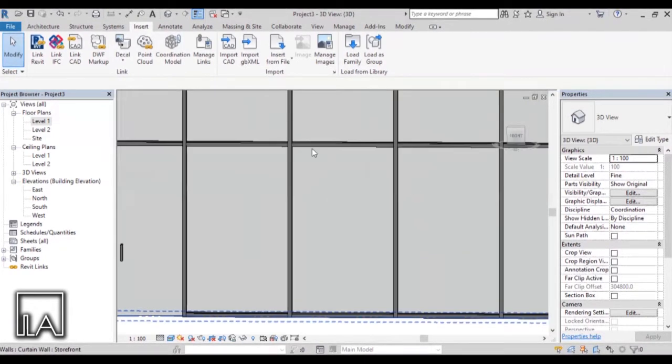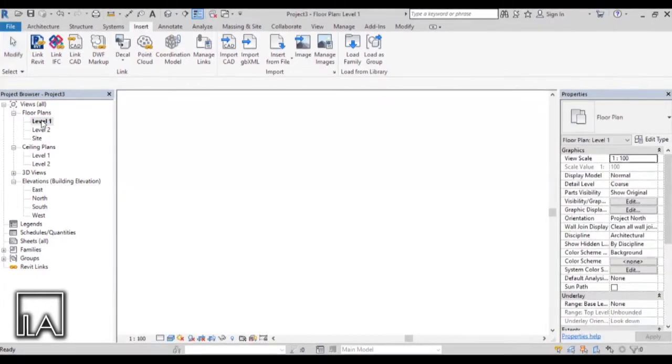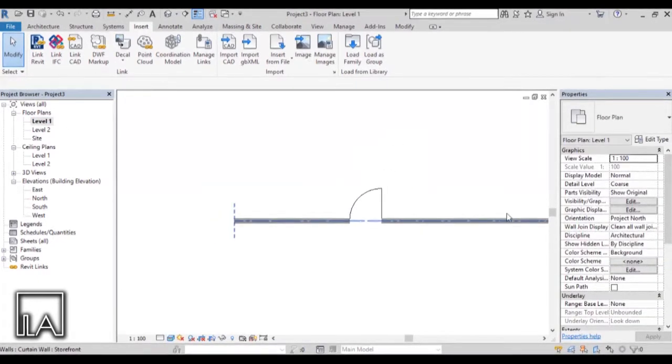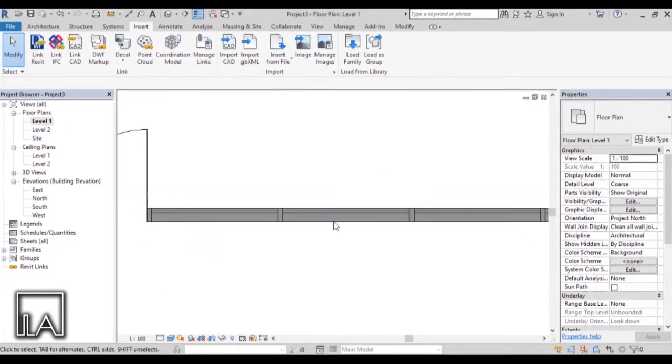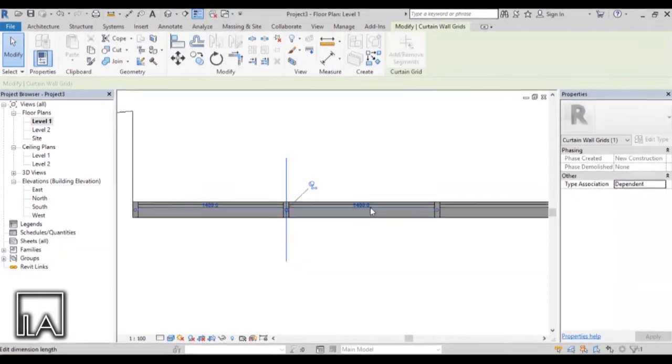Now let's see how we can add a double door. I want to add a double door and I want either of my panels to be one on this side and on this side. So first, let's go to the plan. Let's adjust the distance first. I will click on this and I will unpin it first and I will just adjust the distance.